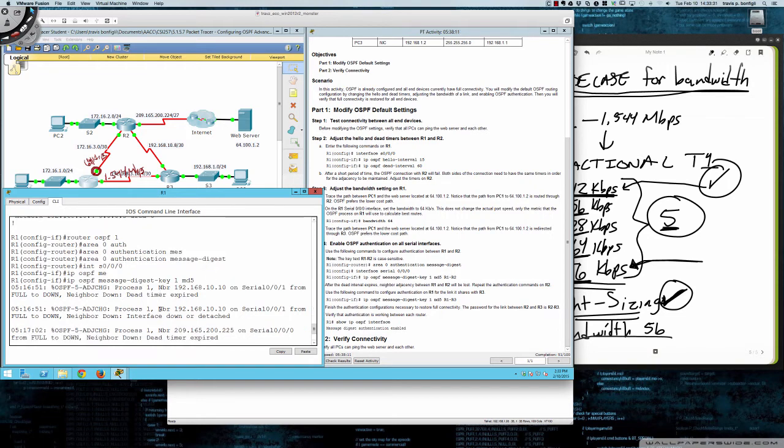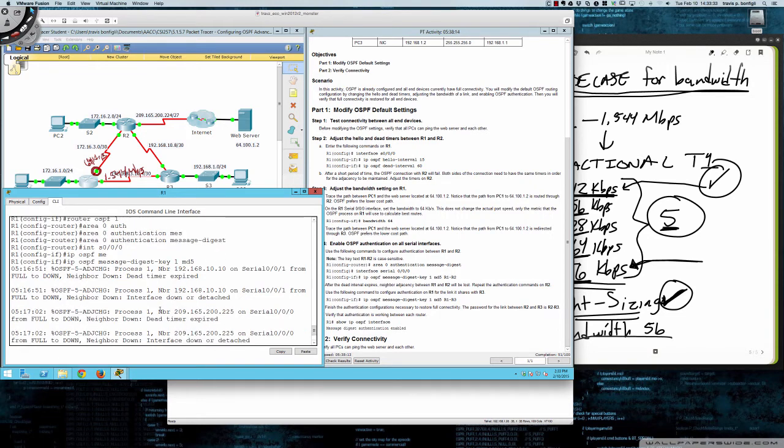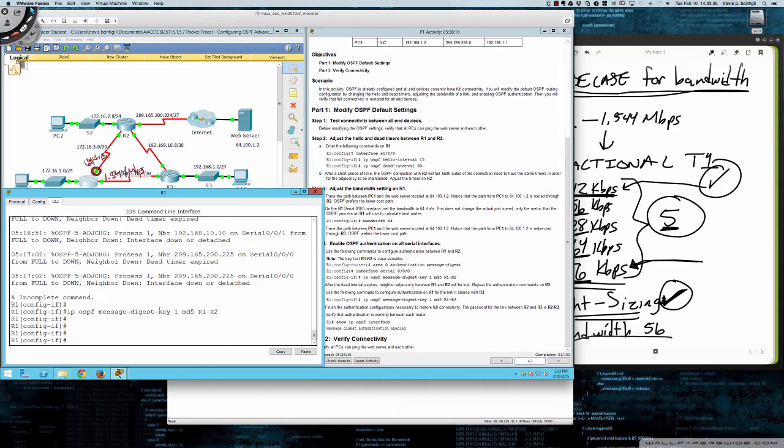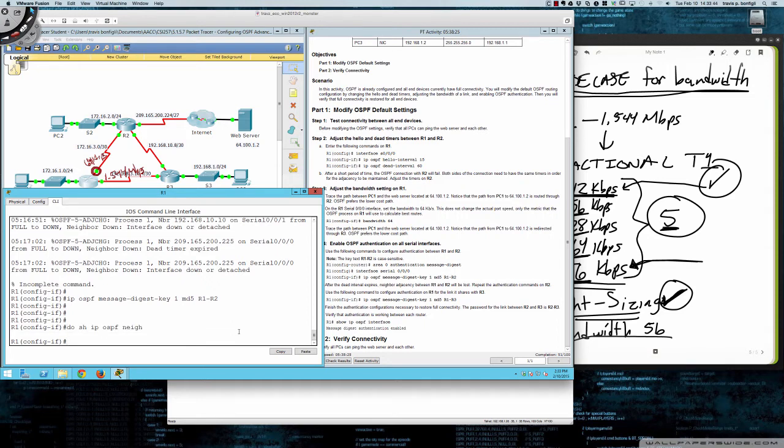So this is not something that you would want to do in the middle of a production day, or else it could be a resume generating event, right? So right now, if I do show IP OSPF neighbors, I don't have any, right? Because my adjacencies are down with everyone. So let's come over here and take a look. After the dead interval expires, the adjacency between R1 and R2 is lost, and we saw that. And R1 and R3 is also lost, so we saw that. So let's go on to